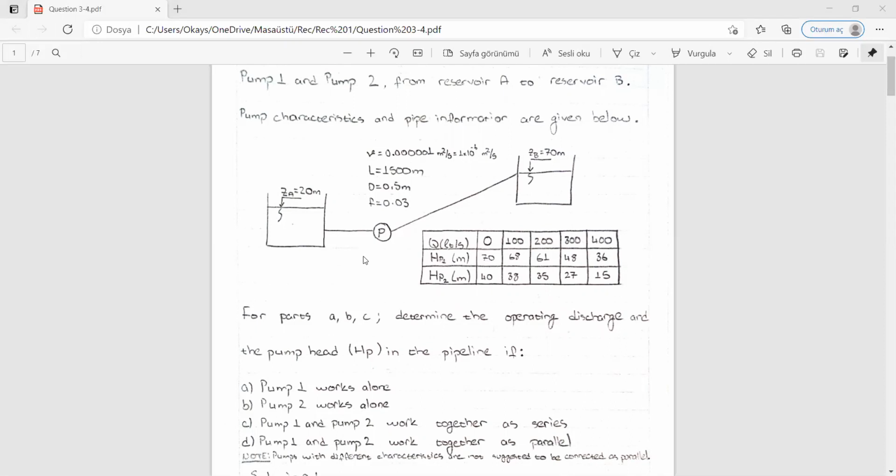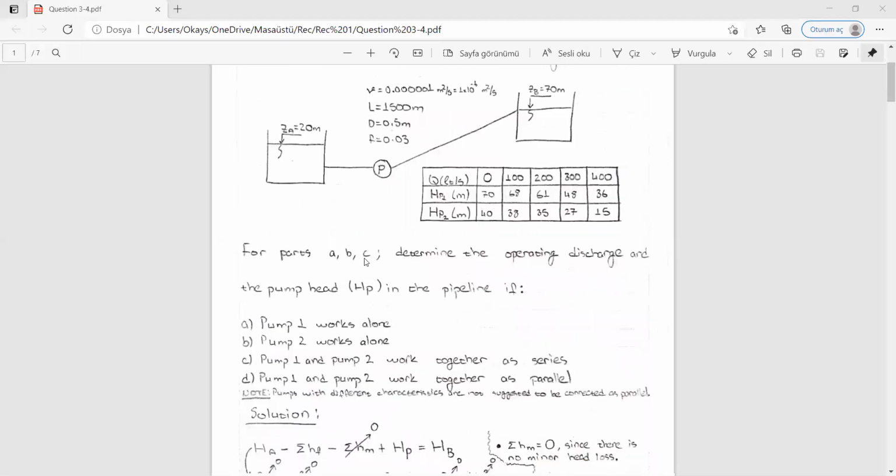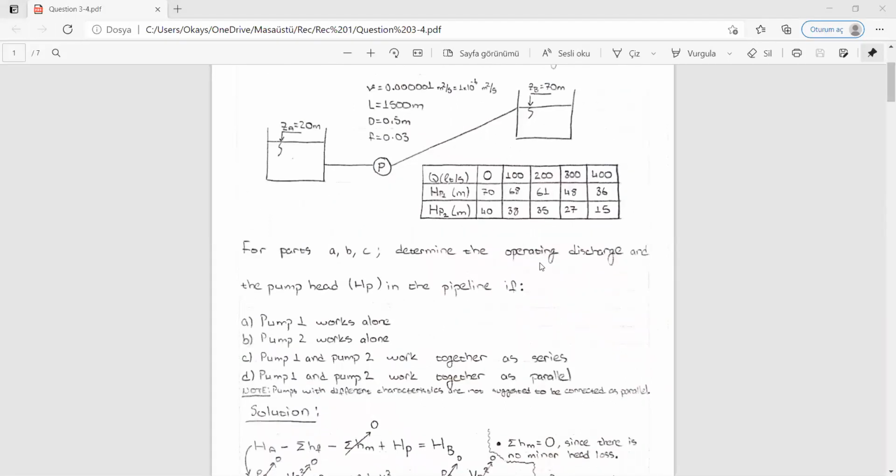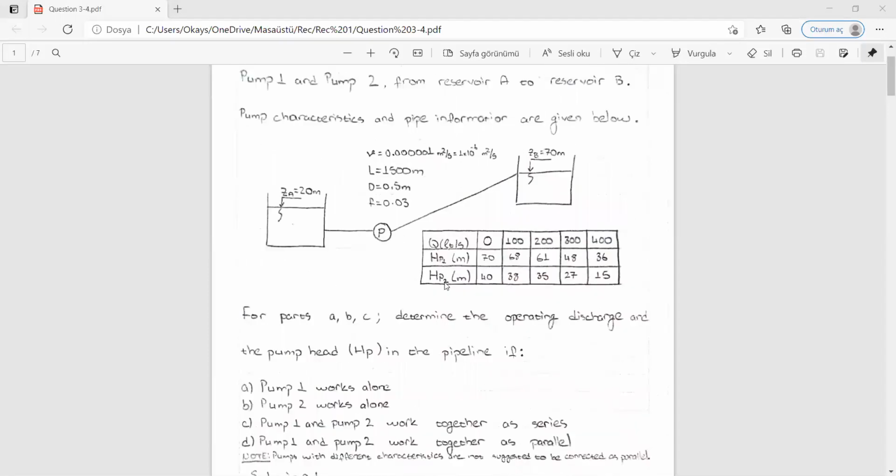The question asks us to decide the operating discharge and the pump head for these things. For part A, if pump 1 works alone. For part B, if pump 2 works alone. Part C, if pump 1 and pump 2 work together in series. And part D, pump 1 and pump 2 work together in parallel. So